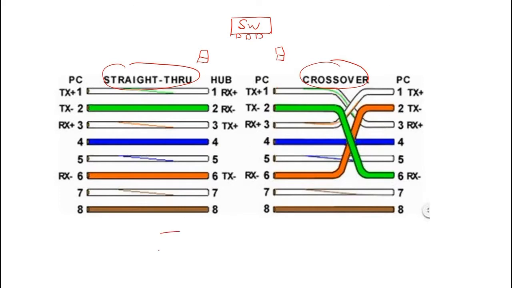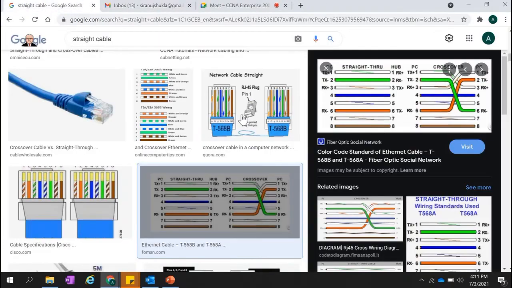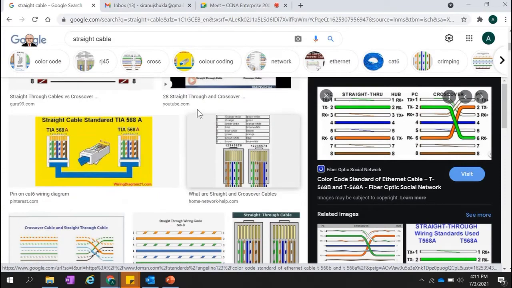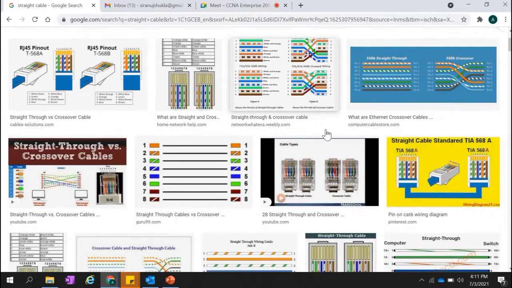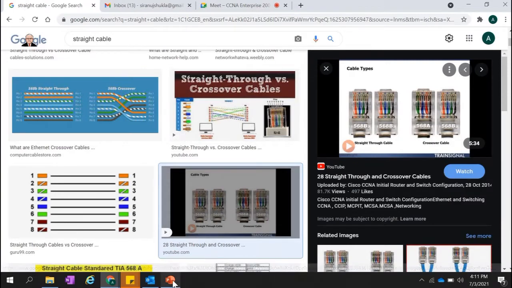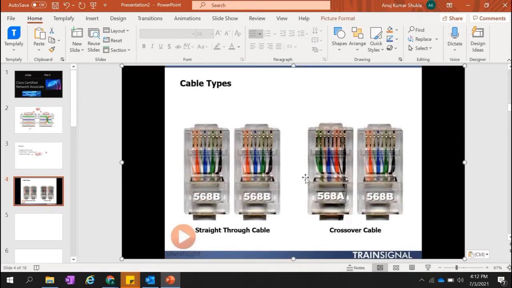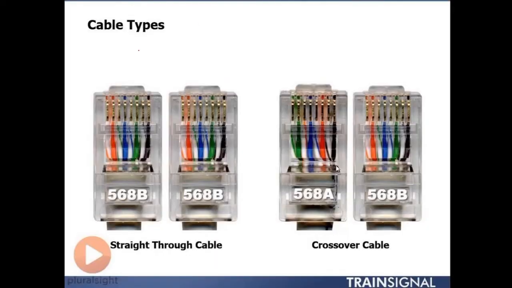If you remember the RJ45 connector, let me show you in the video here. You see that these are the RJ45 connectors. In the RJ45 connector, you will see there are different colored wires. This is the configuration.